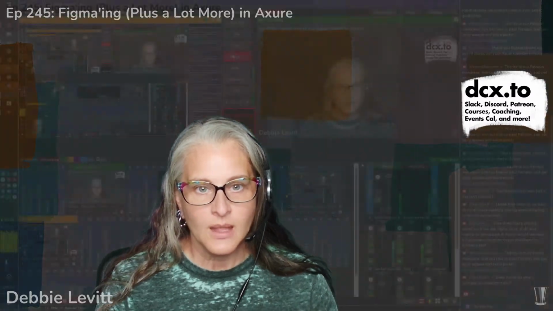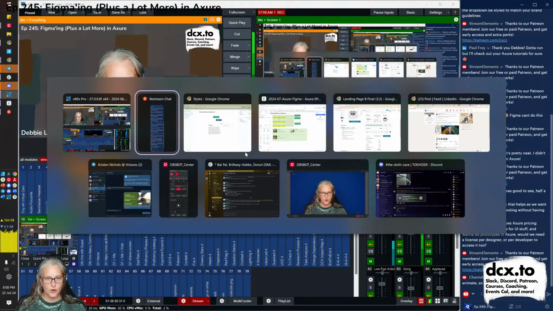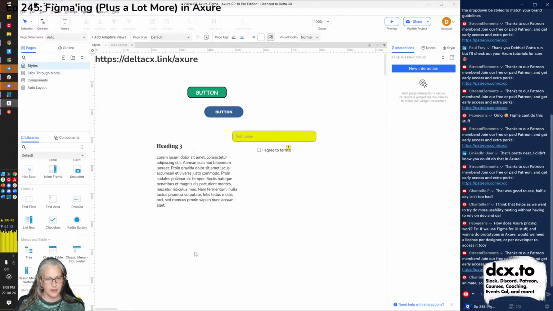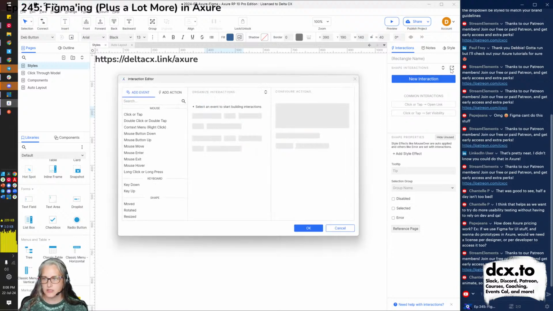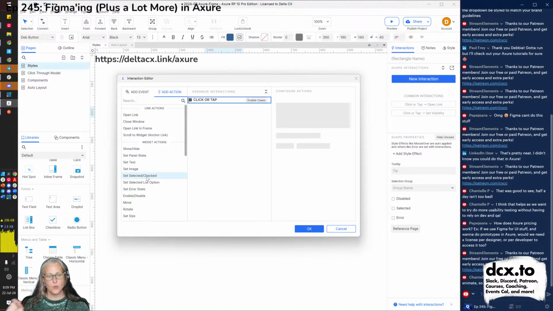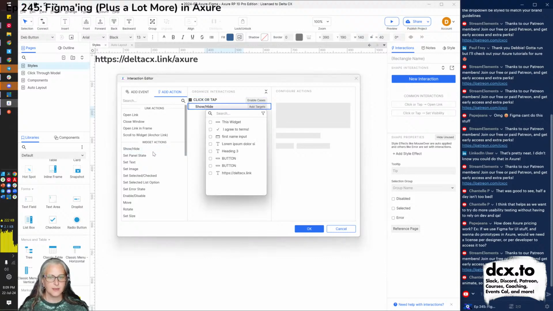So does Axure do smart animate and transitions? Sure, let's talk about animations and transitions. So Axure's animations and transitions are still on the minimal side, but they do exist. So let's take this. So you saw move. Let's go in and show you a couple of things. So you've seen move, which is going to be X and Y at the same time. There's rotate. So there's that animation, but let's say we want to show or hide something with a transition.